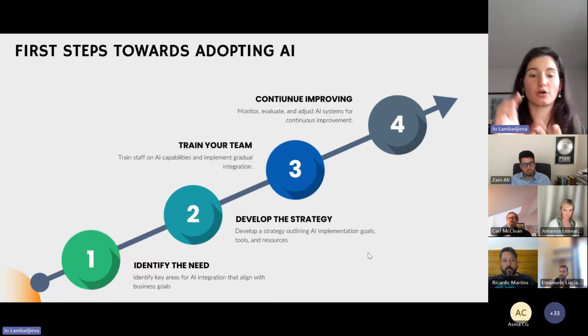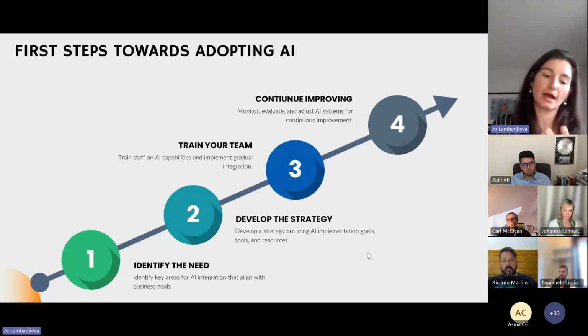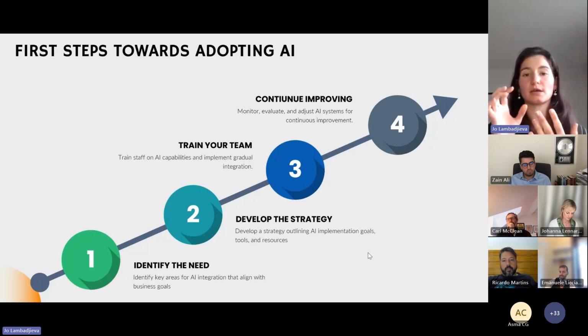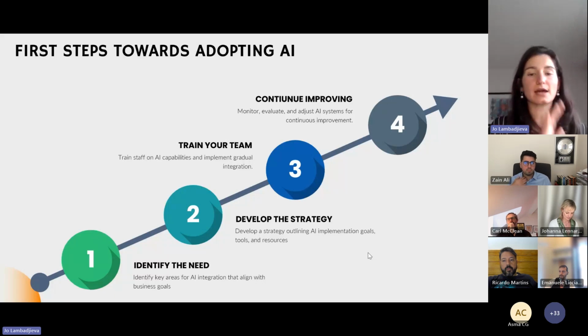Finally, the third step is training your team. I think there is currently a lot of panic and confusion about AI and how AI is going to take everyone's jobs, and people being stressed out. AI is not going to take everyone's jobs, but AI is going to replace a lot of menial jobs. And I think it's really important that you firstly are transparent with your team, and make sure that they understand that AI is there to help, not necessarily to replace. And then second of all,